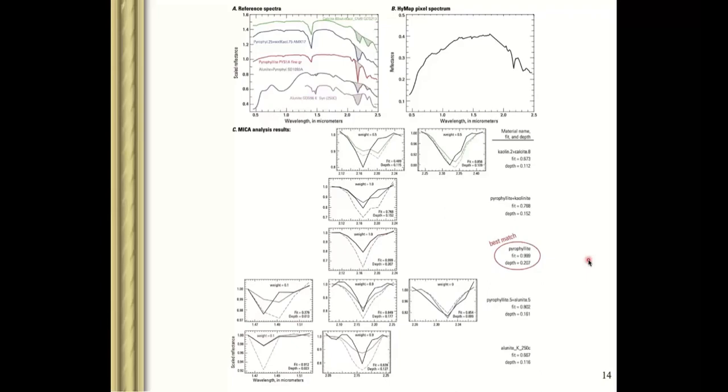USGS also developed spectral libraries for vegetation. But the vegetation structure in the US is very different from the vegetation structure in India. If you see the same type of pine tree, the leaves of the pine tree in the US are very thick, while in India they are very needle-like.